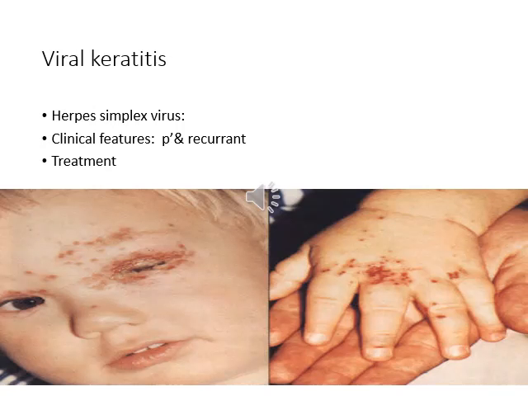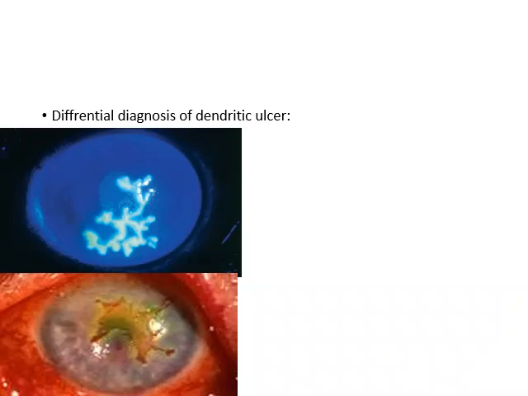For herpes simplex virus infection, there is a primary infection and a secondary infection. We have a history of skin vesicle, and there is a history of conjunctivitis, follicular conjunctivitis, red eye with lacrimation. In recurrent cases, there is keratitis, and there is a diagnostic sign for viral keratitis. For viral keratitis, there is a history of recurrent red eye with lacrimation, and a history of previous herpes simplex skin vesicle. There is red eye with lacrimation with